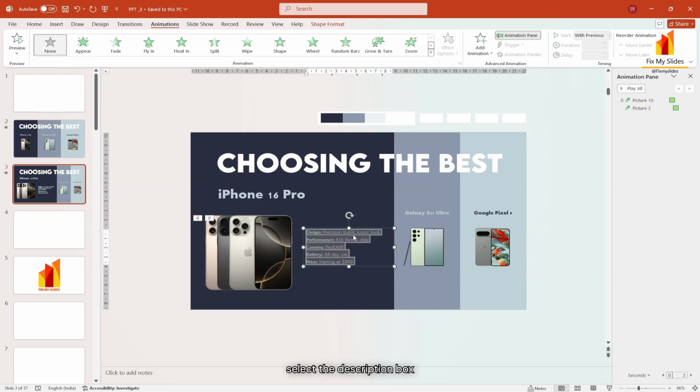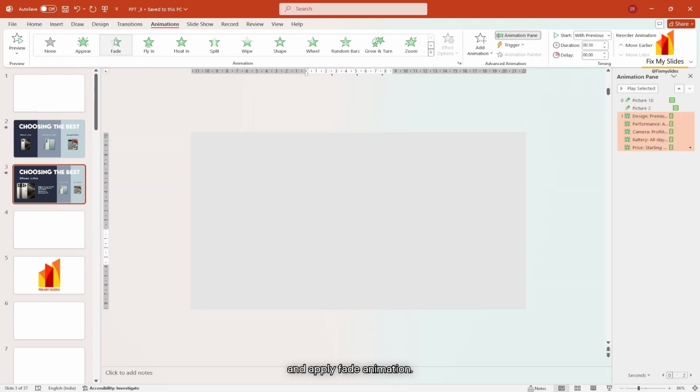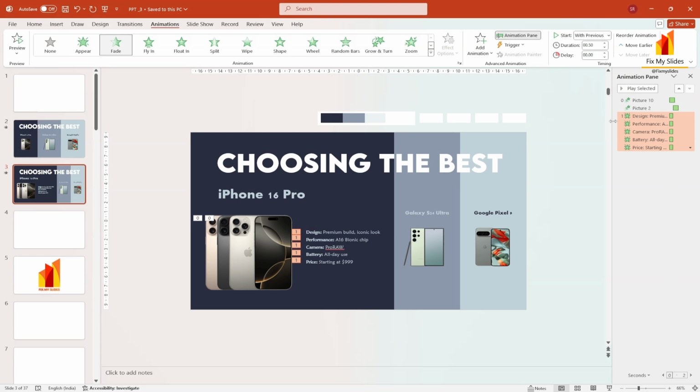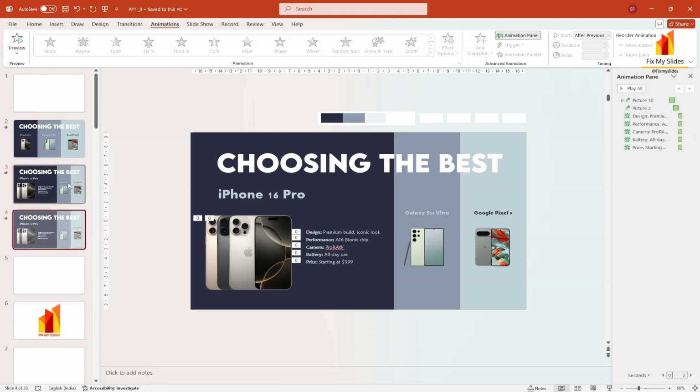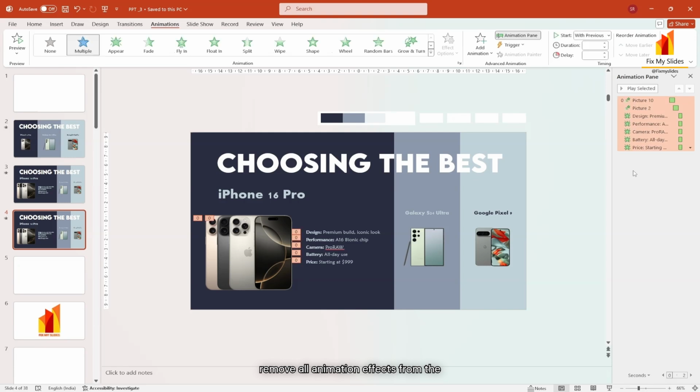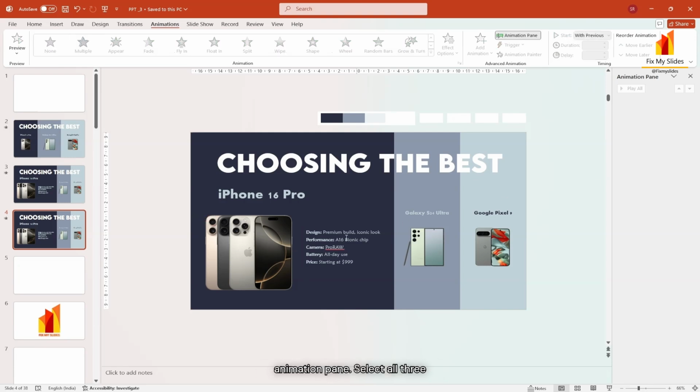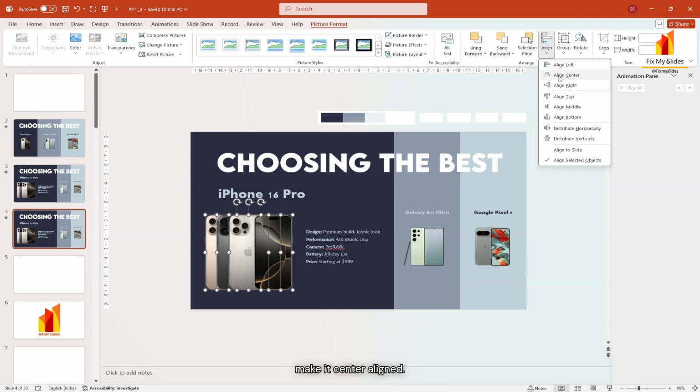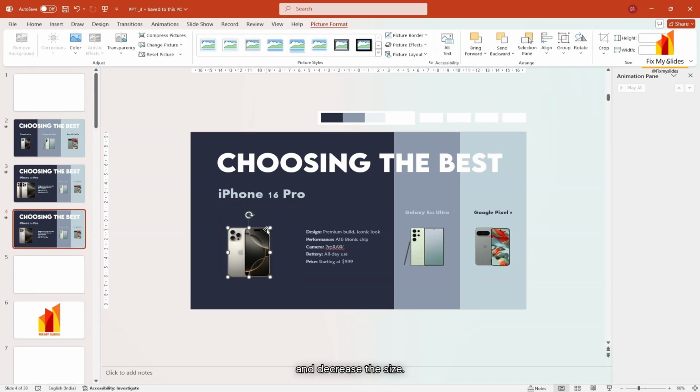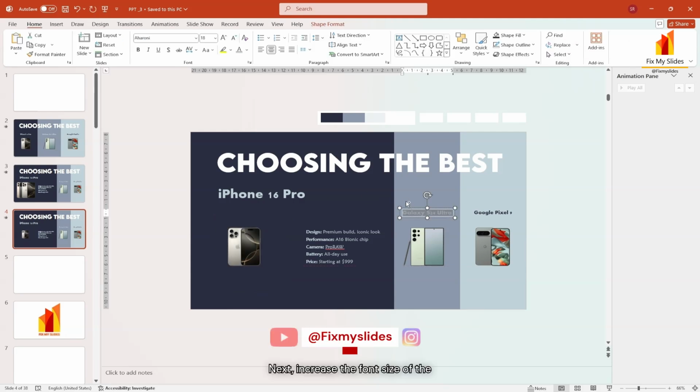Next, select the description box and apply fade animation and set it to Start After Previous. Next, duplicate the slide. On the fourth slide, remove all animation effects from the animation pane. Select all three images of the first product, make it center aligned and decrease the size. Next, increase the font size of the second subheading